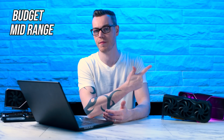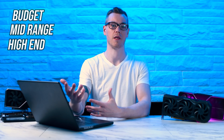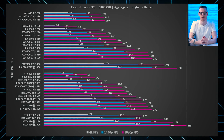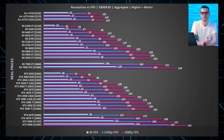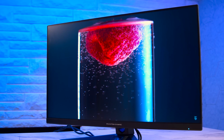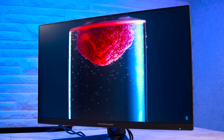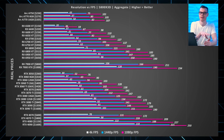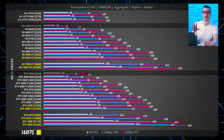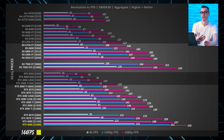So before we take a look at which are the best cards and my recommendations for budget, mid-range, and high-end, let's start with what GPUs you should focus on for your use case, given a resolution and frame rate you want to target. Well, taking a look down this graph, any GPU that we have listed here will be capable of 1080p 60 frames per second for most games. But if you want to better utilize your 144Hz monitor, for example, I recommend looking at anything that averages that frame rate, meaning RX 6750 XT, RTX 3070 Ti, or better. And this is a breakdown for 1440p and 4K,